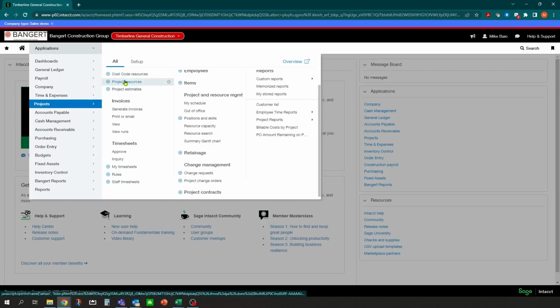So now that we got our project budget in, we can actually manage the budget with change requests in the system. Let's say we had some internal issues and we needed to up the budget a little bit. Let's say for this example, excavating, we ran into some large boulders and it's going to up our estimated cost to complete here. So we're going to put an internal change order in for this. We're going to go into change management and go into change requests.